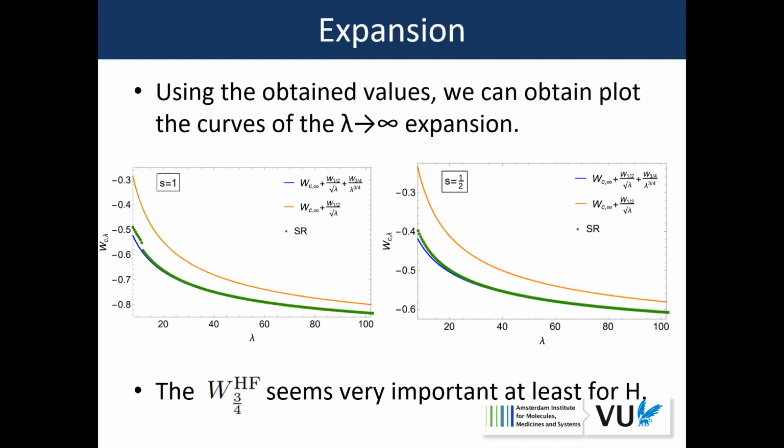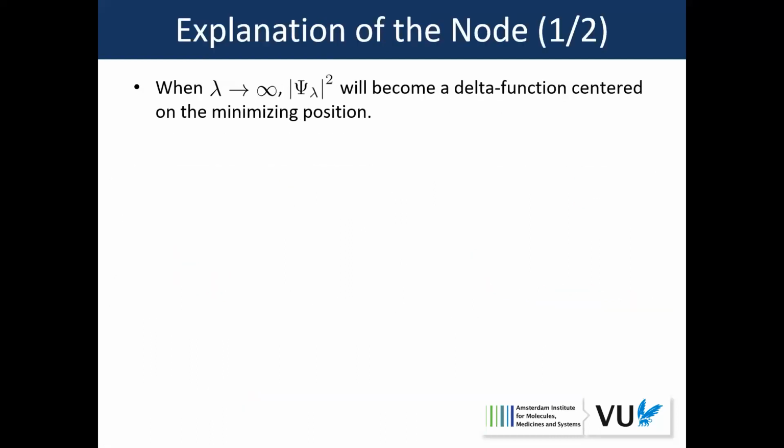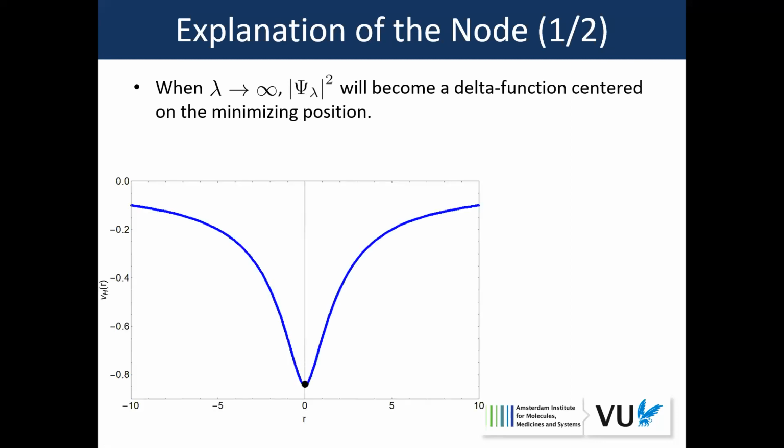So now we can also try to explain the nodes. And this we can do by thinking about what happens when lambda goes to infinity. And what we have seen is that when lambda goes to infinity, the square of the wave function will become a delta function centered at the minimizing position, because the j is the only term that counts in the lambda to infinity limit. So for the first order term, the electron will just become at a minimum of this